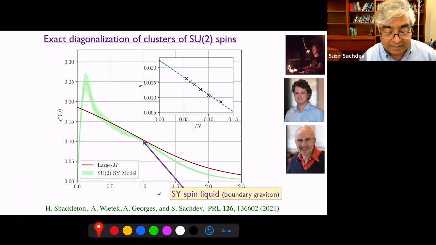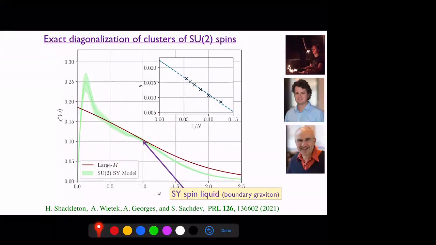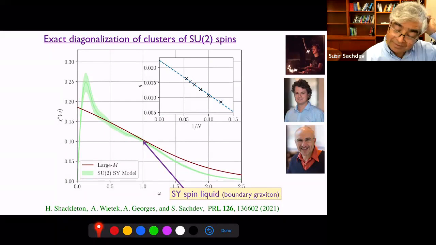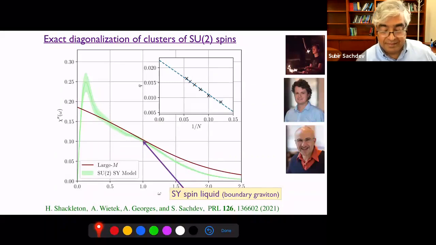Anyway, so that's an encouraging sign that even for SU2, there's at least a finite experimental window where you have the spin liquid behavior appear, and clearly visible. And the strength of the spin glass order is around 0.02. It's very weak.